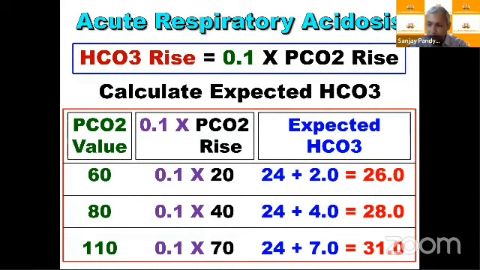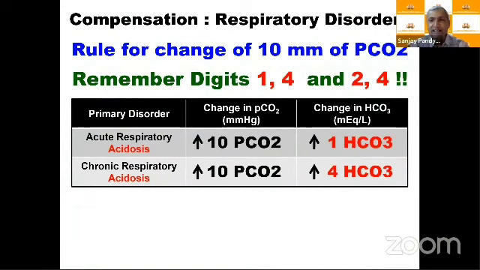24 plus 4 is equal to 28. If it is 110, then 0.1 into 70, so the addition will be 7, and therefore 24 plus 7 is equal to 31. And therefore, when we have respiratory acidosis, it is 1,4. But what is 1,4? The answer is that in respiratory acidosis, you have to remember 1,4, that if it is acute,